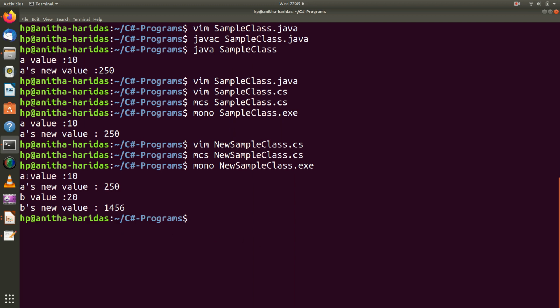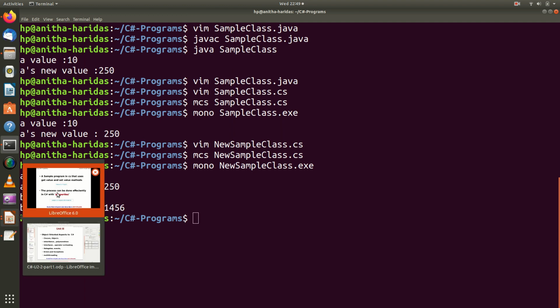You can see here the A value was using get and set methods separately, whereas the B value was using the property capital B. Now the same action done by the get A value and set A value methods is now done by the property called capital B. That is the main purpose of having a property.